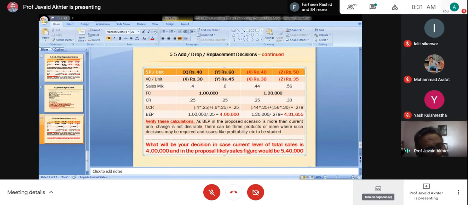I'll tell you why I asked you about limitations. If you were sensitive enough, all of you, you could have simply looked at the assumptions, and with the assumptions you could have immediately taken out its limitations. That is why I am once again asking you, is there any more limitation? One more limitation is that you have not touched upon the closing stock. The assumption is that there is no closing stock.